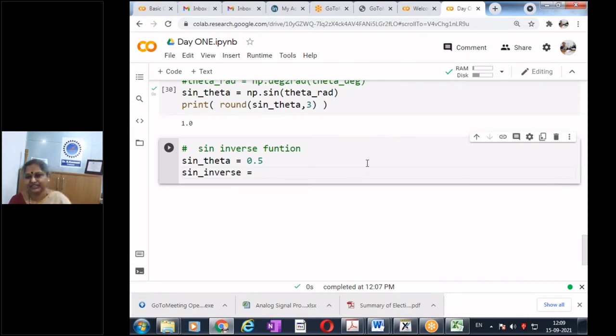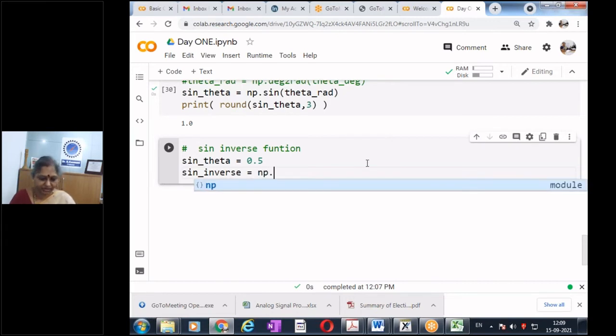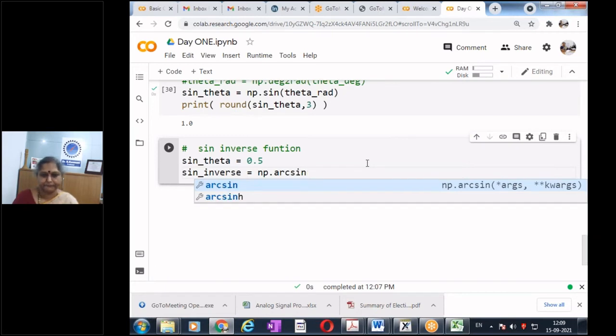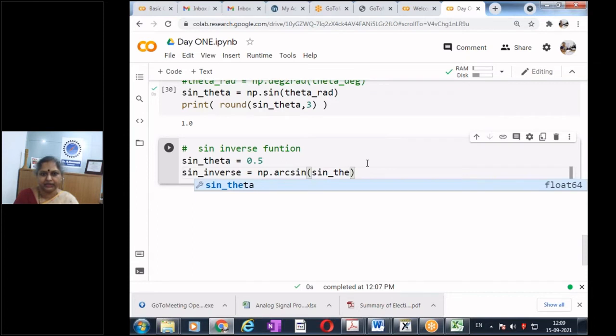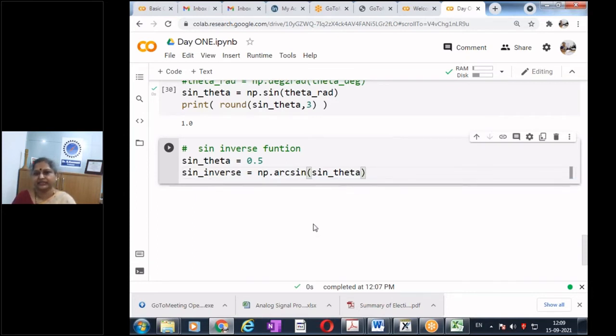If I want to get the sine inverse, anyone? np dot arcsin of sine theta. Arc sine will give me the inverse sine function, and this is going to give me the result in radians.